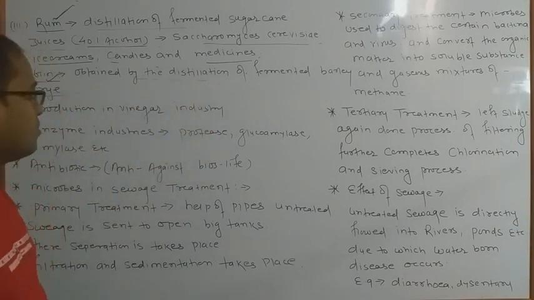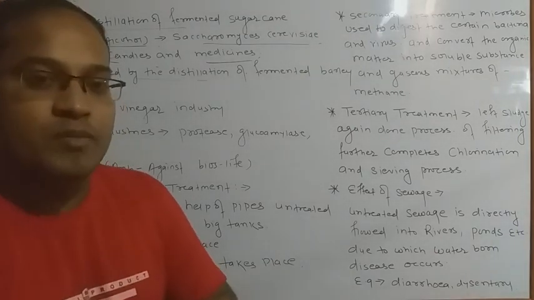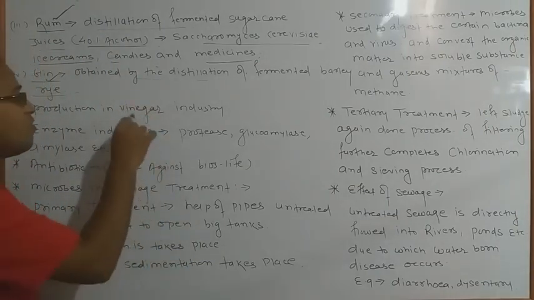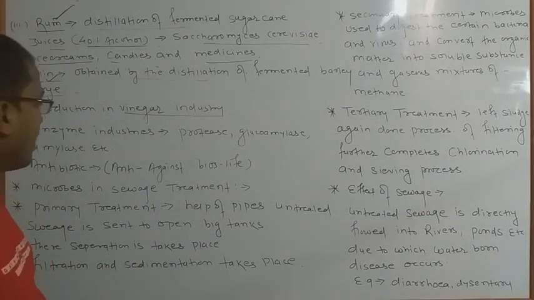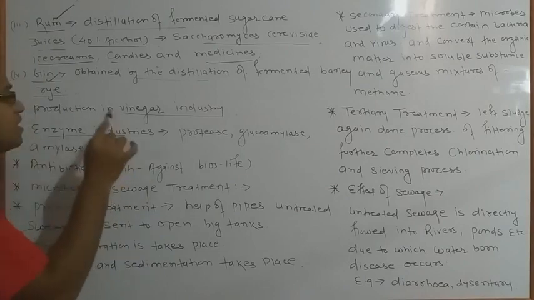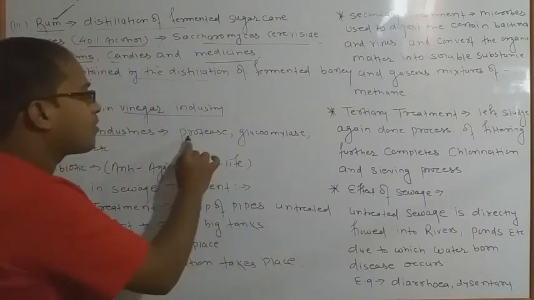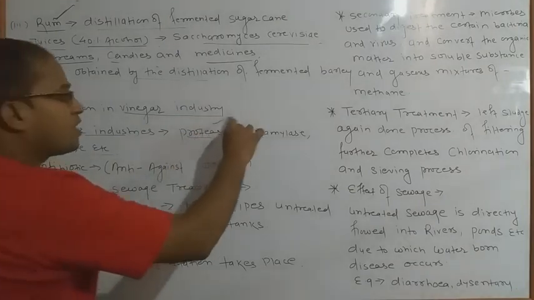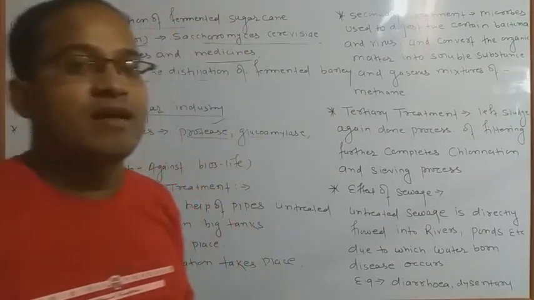Okay, so apart from that, we know that microbes are found in so many places. Depending upon the production by microbes, they are also found in the vinegar industry for the production of different types of vinegars, and also in the enzyme industry for production of different types of enzymes. Enzymes may be protease, glucoamylase and amylase, and we are generally familiar with protease and amylase enzymes also, because we have done so many practicals in 12th class and 11th class also.